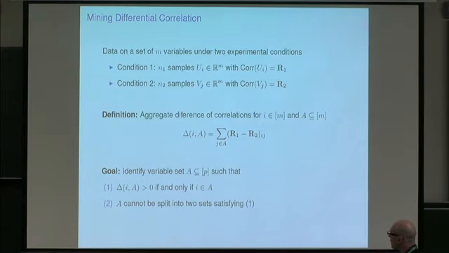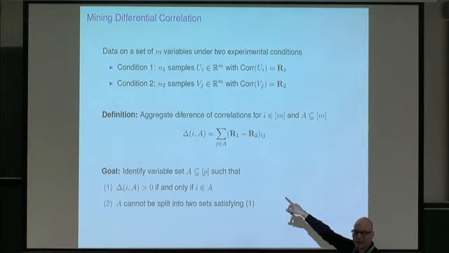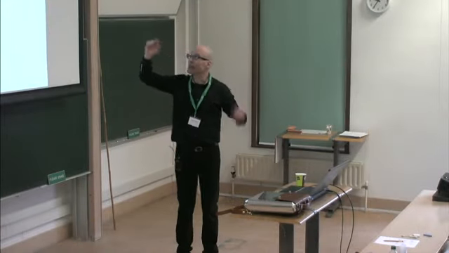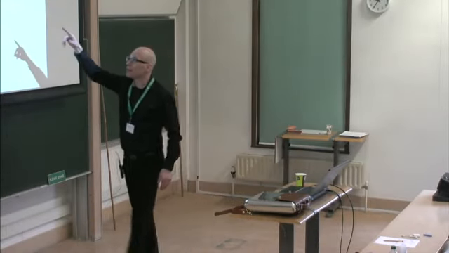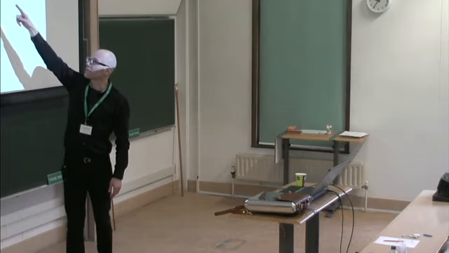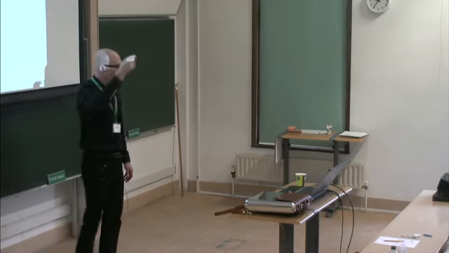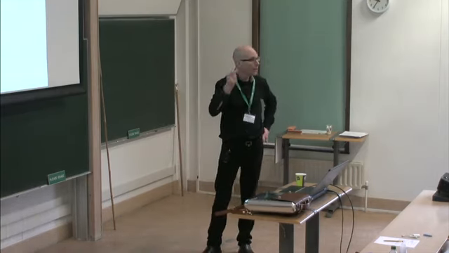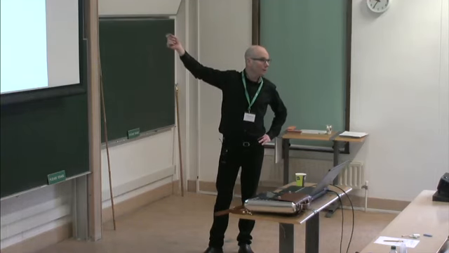So to say what we're interested in, which is not entirely obvious, let's look at this thing I call delta IA. This is the aggregate difference of correlations if I take a single variable I and consider, on the one hand, a single variable, and on the other hand, a set of variables A. It's just the sum of the difference of the two correlation matrices. I is fixed, and I'm summing over all the variables J in A. That gives me an aggregate difference of correlations for variable I with respect to the variables in A.